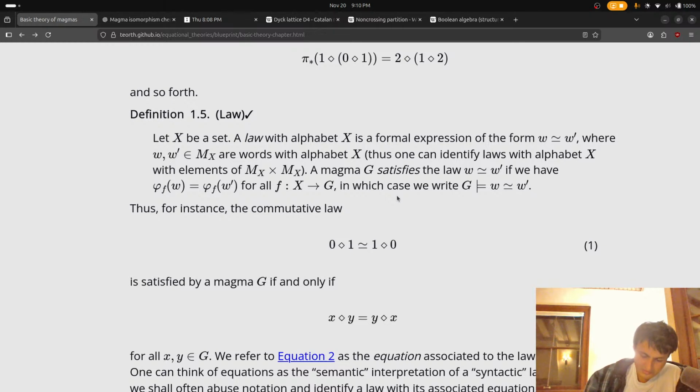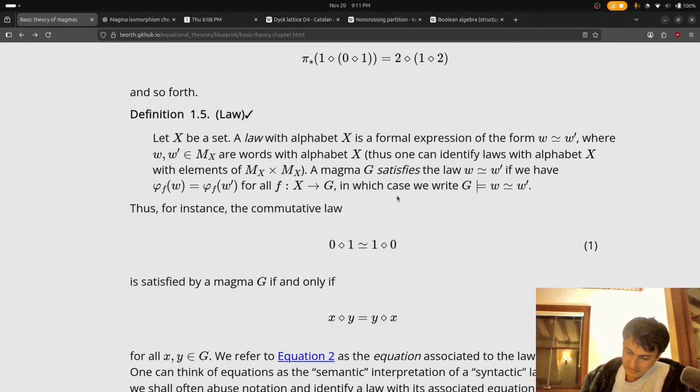Okay, so a magma G satisfies the law. You better satisfy the law, son. If we have phi sub f of W equal to phi sub f of W prime for all f from X to G. That's where it gets crazy.